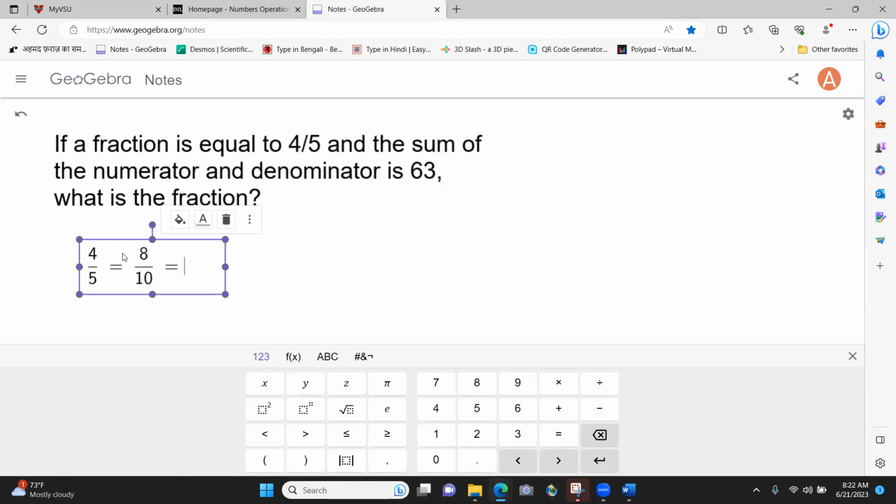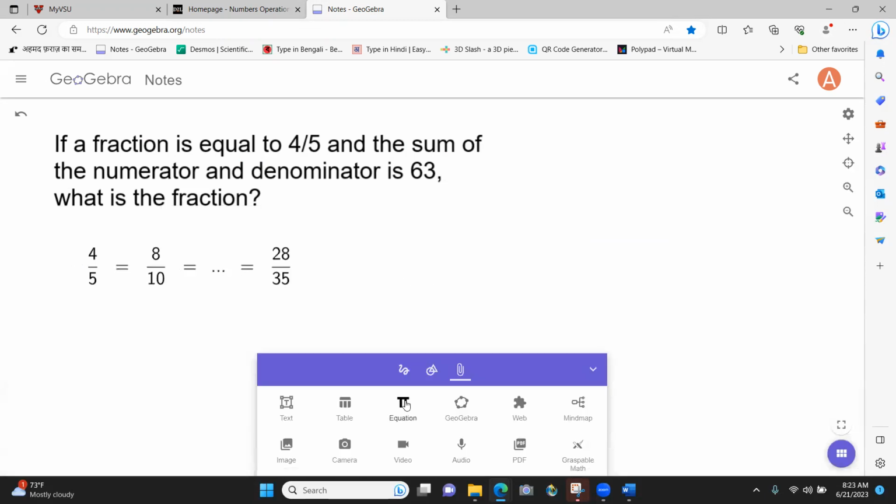18. So if you keep on doing it, when do you get 63? Multiplied by 3, it won't work. I think it'll work with 7. 4 times 7 is 28. And 5 times 7 is 35. And 35 plus 28 is